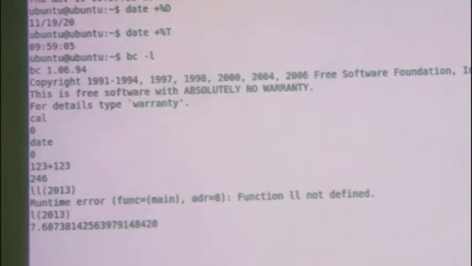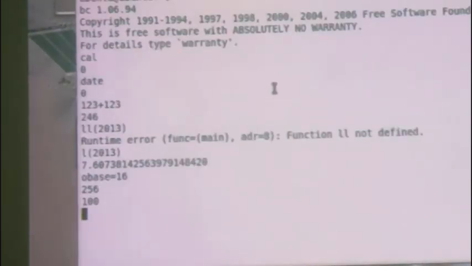So for that I have to mention obase, O meaning output, base. obase is equal to 16. That means whatever number I type in decimal form, convert it into hexadecimal, right? Fine. Now I am typing a number. For example, I type the number 256. It gave me the answer 100. Am I right? So the hexadecimal code of 256 is 100. Like this way you can easily find it.